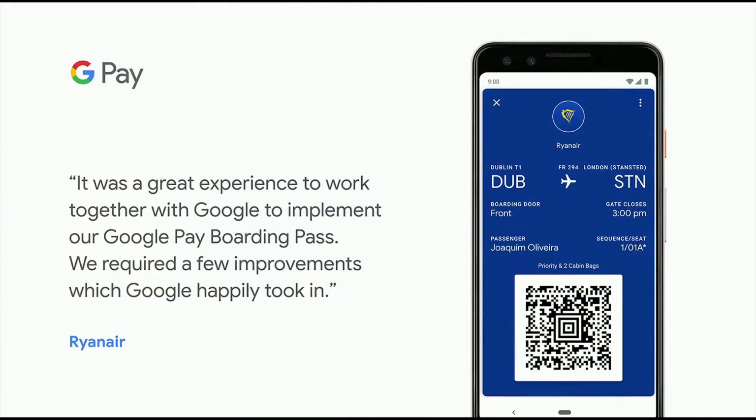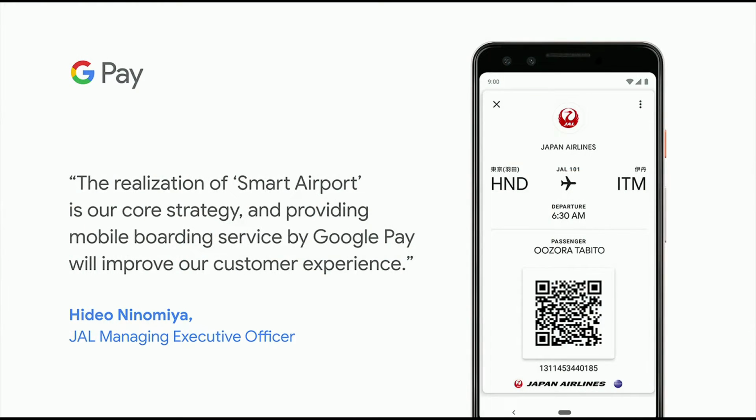Ryanair, as many of you probably know, is one of the airlines that changed the way we fly in Europe. For them, on top of how easy and quick it is to integrate the API, they highlighted how open our team was to extend the API to include new functionality, and how flexible it was to fit their use case. Finally, Japan Airlines, with their very particular and forward-looking vision of smart airports, in which the Google Pay API for Passes and the ability to digitalize those passes and make them available to their customers on their devices was a crucial part of that.